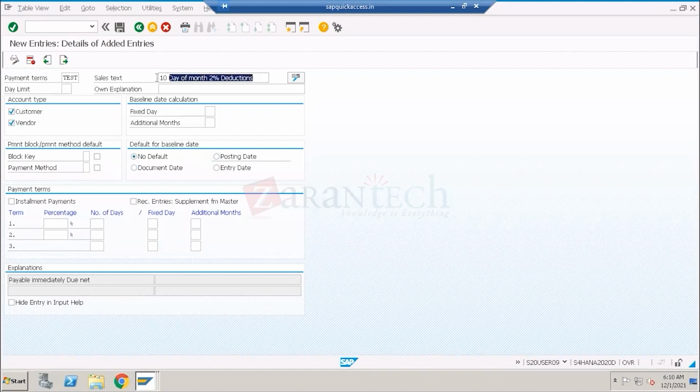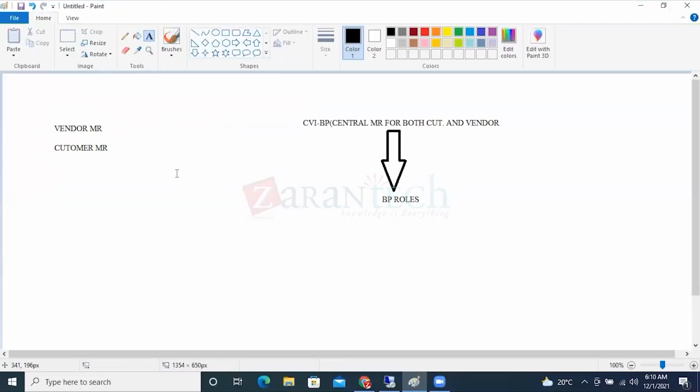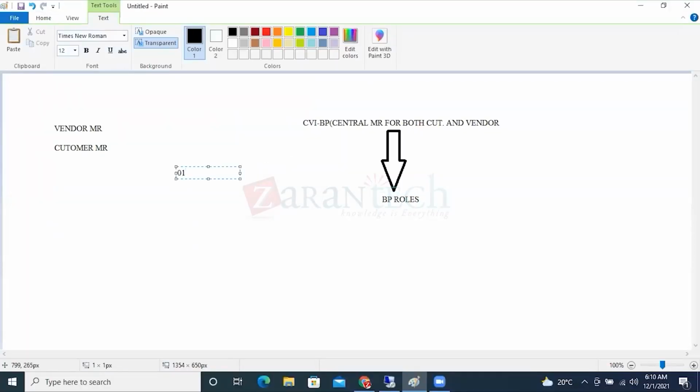This is my explanation, very, very important here. So today is December 1st, for example. So what they're telling is, if you make the payment on the 10th day of the month, then you will be getting the 2% cash discount. What does that mean? For example, I'm taking 12, 01,